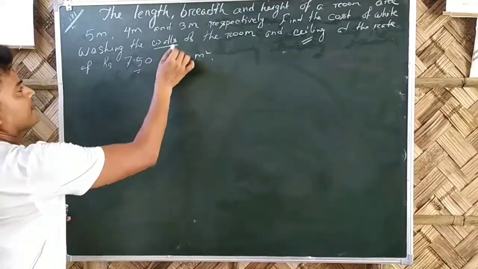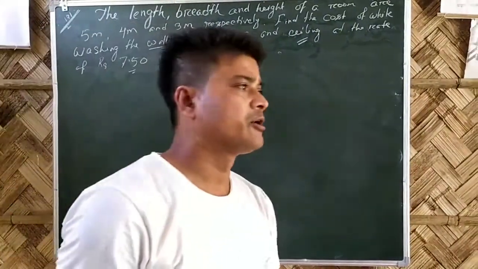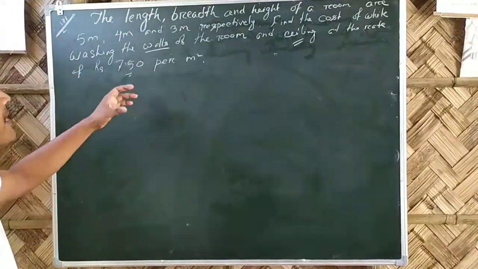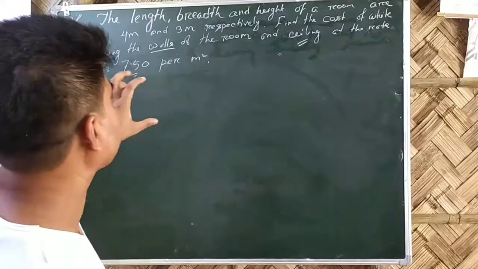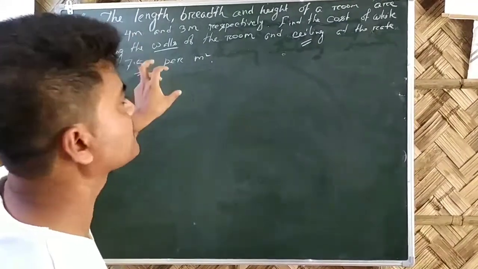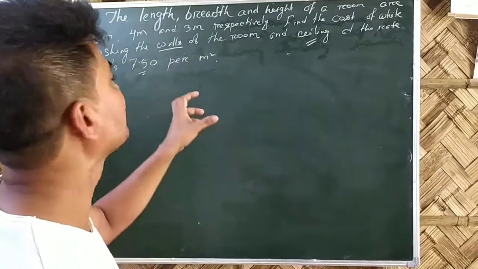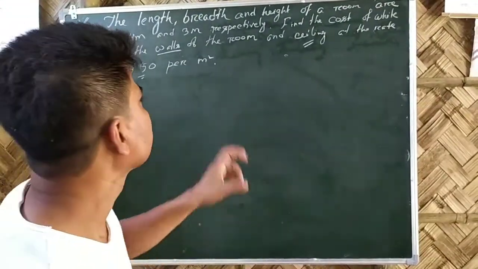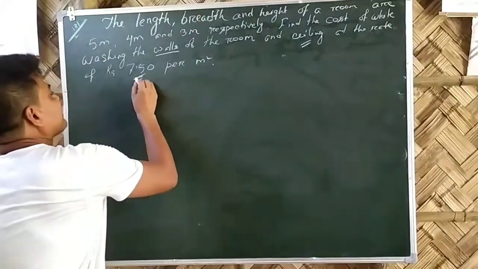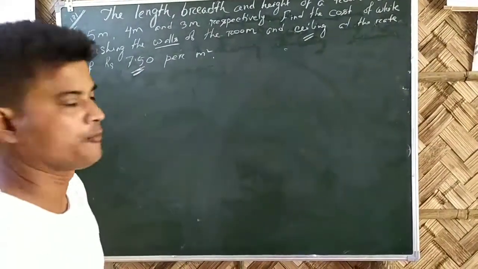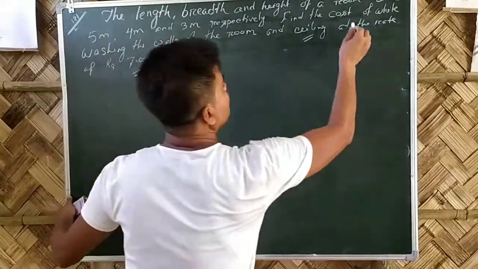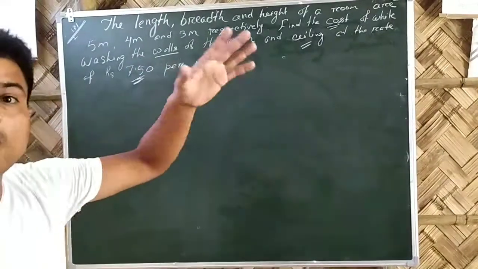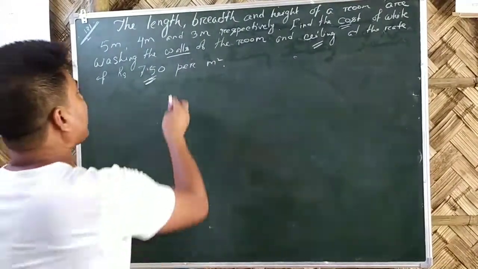So here is a question from surface area and volume, but the important thing is that we need to find out the main fact of this question. The fact is that we need not calculate the whole surface area of a room, because we have to calculate the cost of whitewashing, not for the whole room but only for the walls of the room